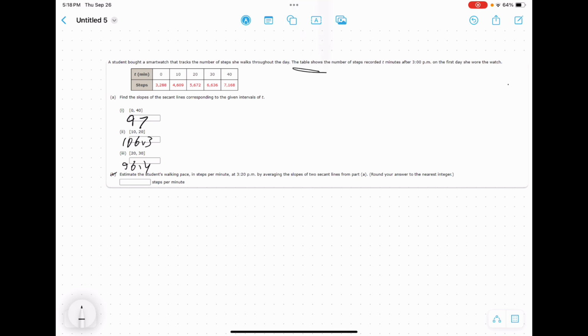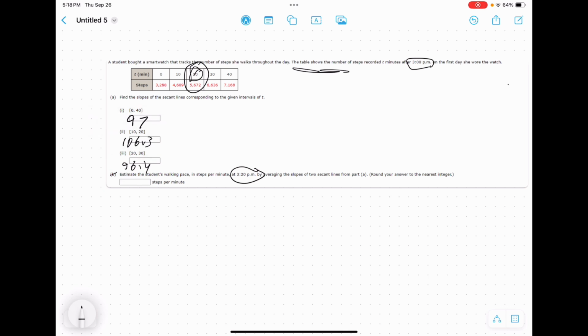So if you look up here, it says that the table shows the number of steps recorded t minutes after 3 p.m. And this one's asking for 3:20 p.m. So what you're going to do is look for 20 minutes on the chart, right? Because 3 p.m. to 3:20 is 20 minutes. So it's asking you to find it by averaging the slopes of 2 secant lines for this specific area from part A. So we're given these three,